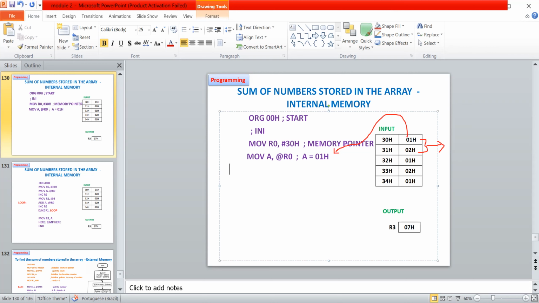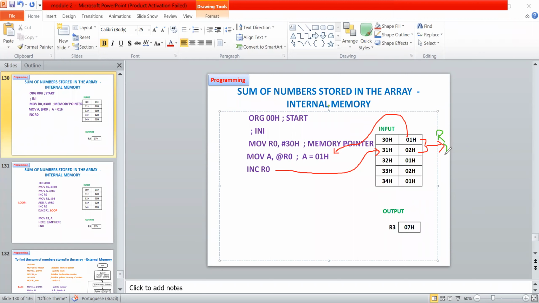Next, if I increment R0, then we are going to point to another location. Since we have taken 01, now I want to take 02. After addition of these two values, we are going to have a result.